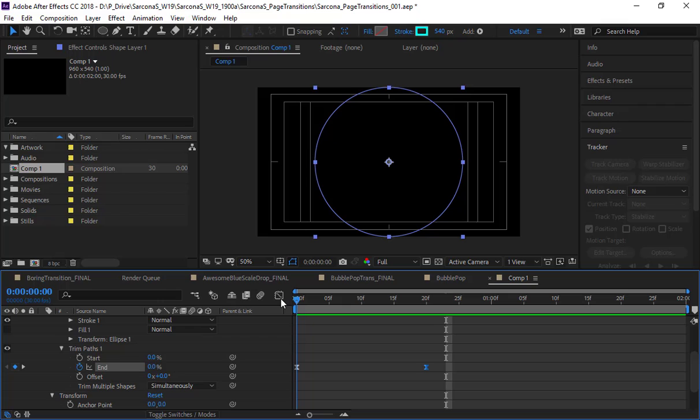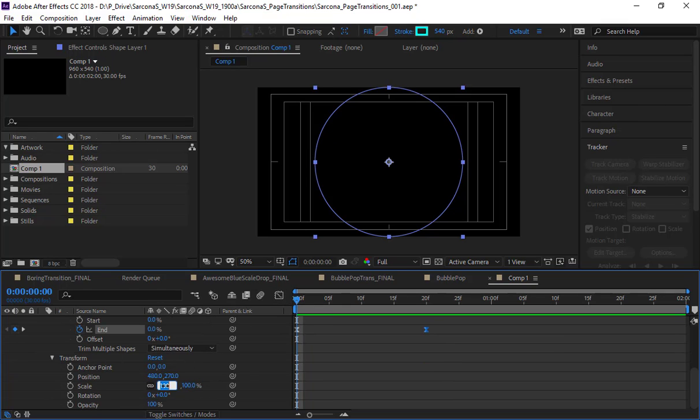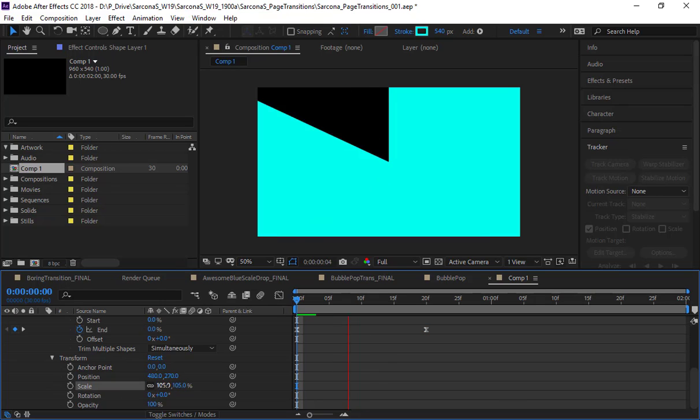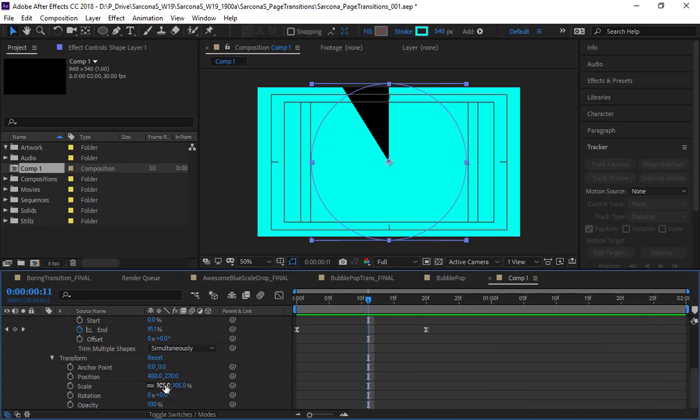Now, that could be one. I just need to scale it up a little bit here to, let's say, 105. There we go. And now it covers the entire screen. So again, this could be a transition. Just like the previous ones that we did, I can duplicate this, change the color, offset them, and we'll get the same kind of rainbowy effect. Just to quickly show you that,